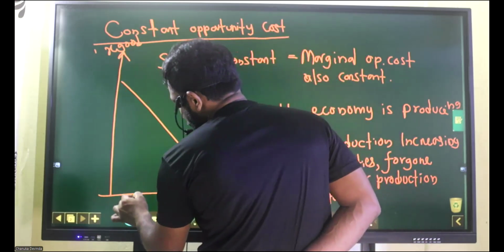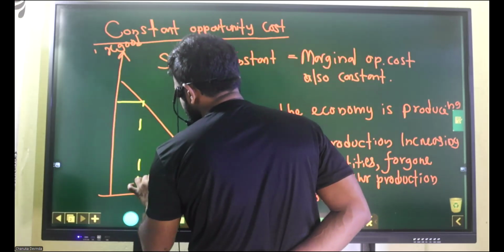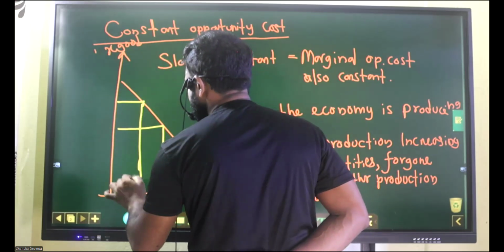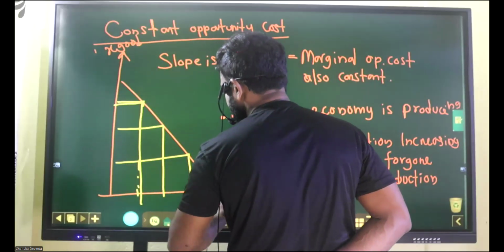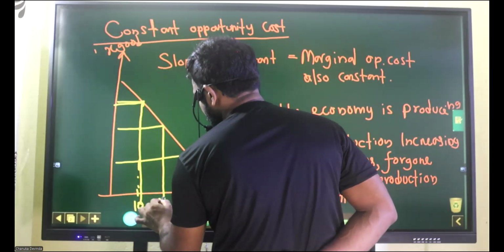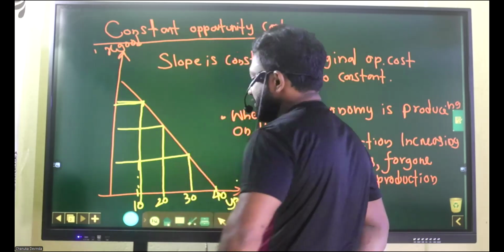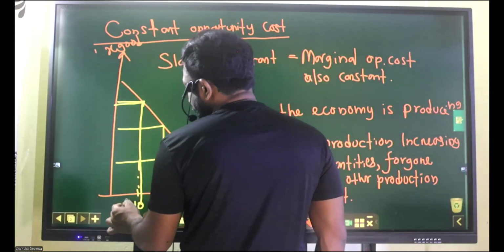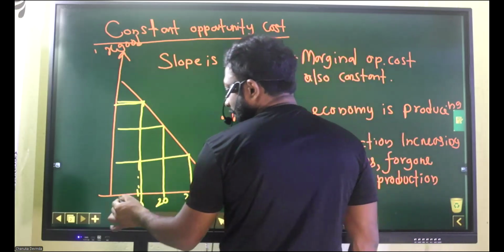When the production is similarly getting increased, right? Here the increasing amount remains constant. 10, 20, 30, 40. As you can see, the increasing amount remains constant. When the production of good Y is increasing constantly,